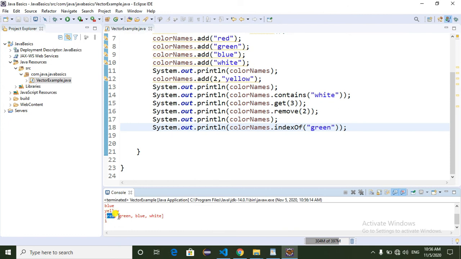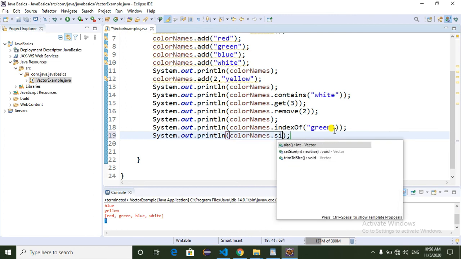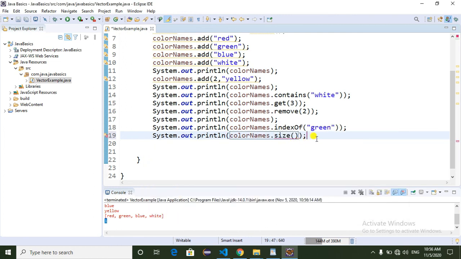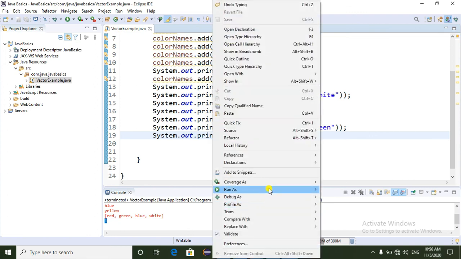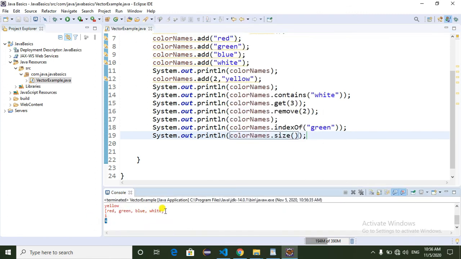This is the 0th position, this is the first position, that's why it is written 1. Now I am going to find out the size of the vector object. So dot size will return the size of the vector. It is written 4, that means the vector contains 4 elements.